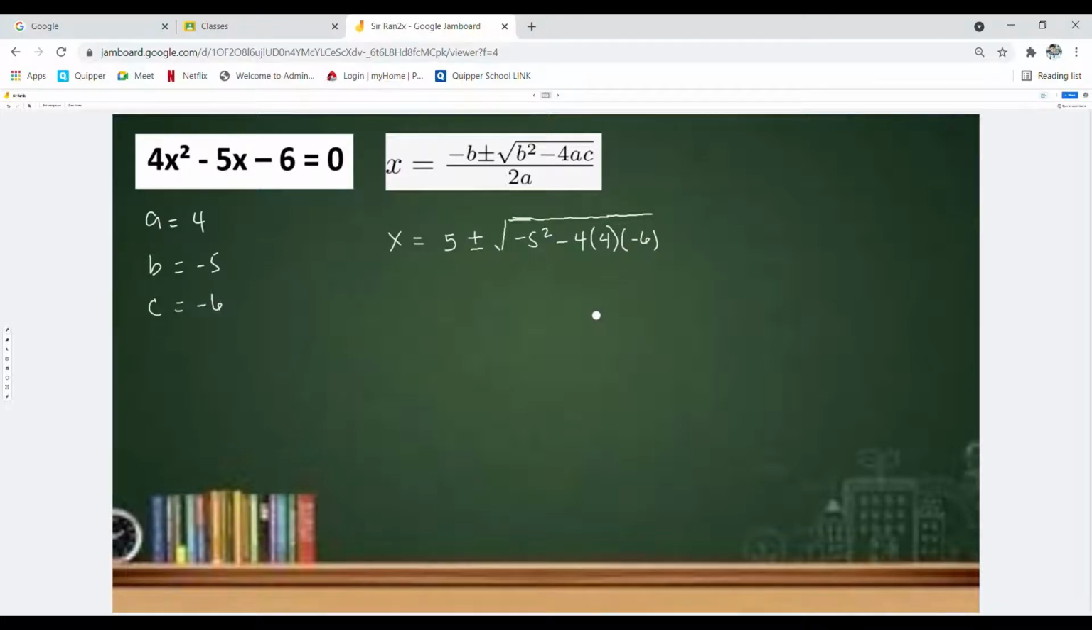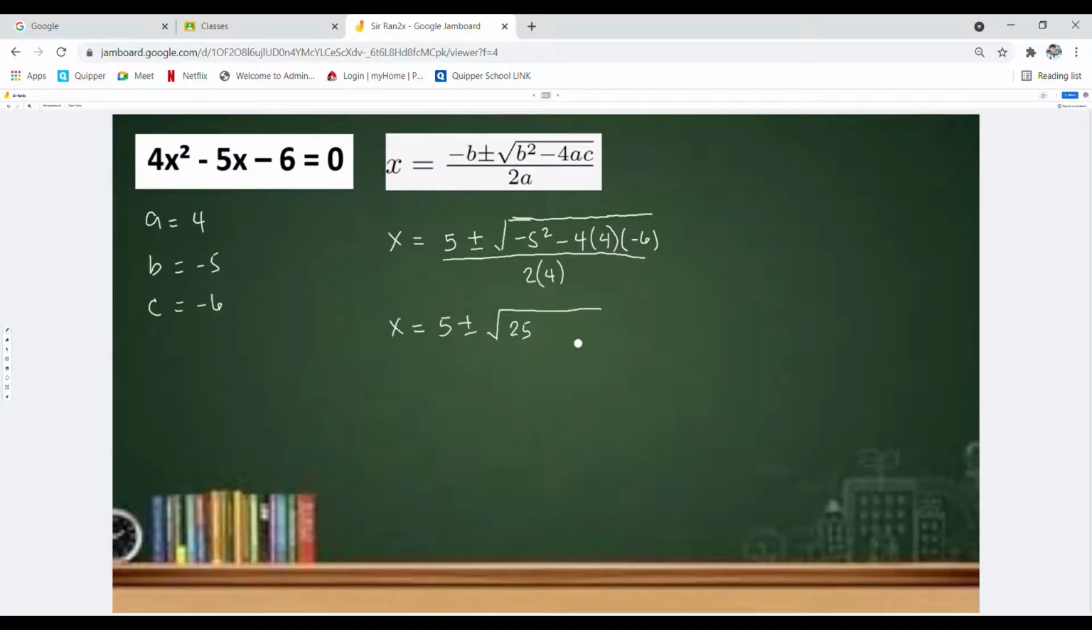Alright, so what's next? You're going to simplify further. By the way, you still have the denominator. So you have 2 over 4. So now you can have 5 plus minus, simplify the one that is inside the radical, the square root sign. So -5 squared is 25, and then if you are going to multiply that, that's -4 times 4, 16